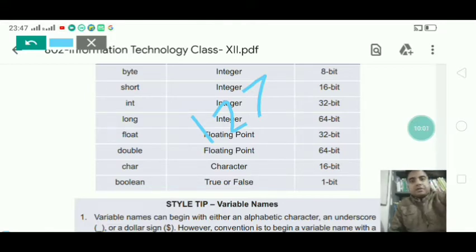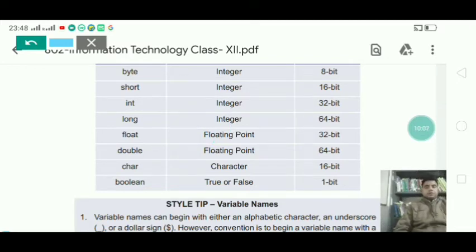Okay, next comes the short data type. Another data type is short. It will also hold integer type values.